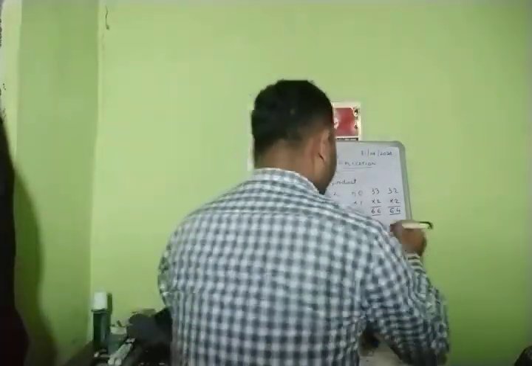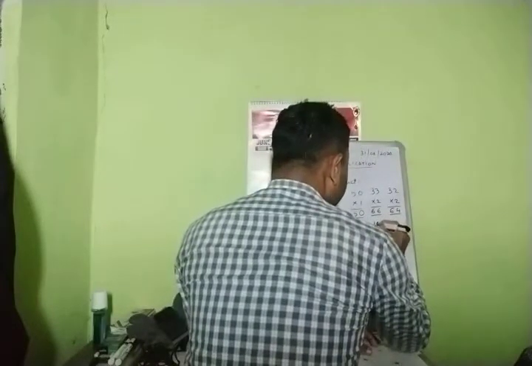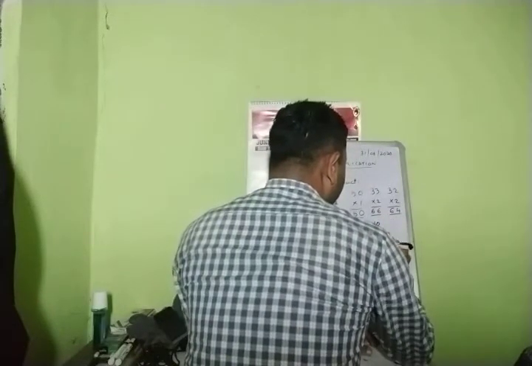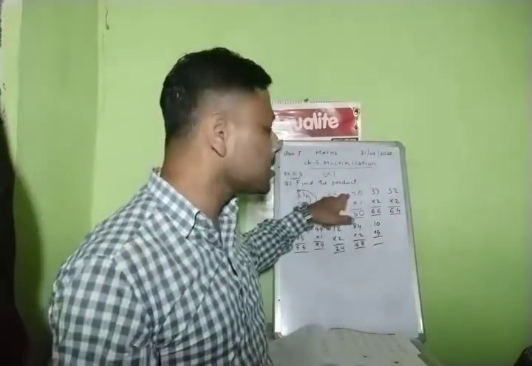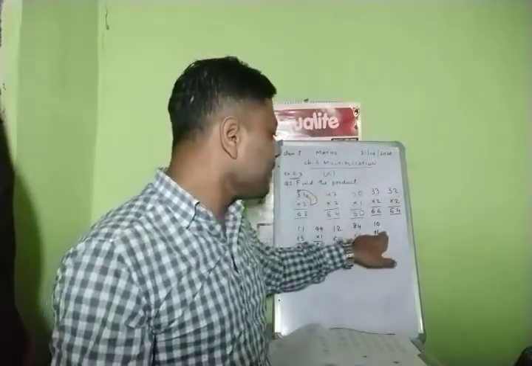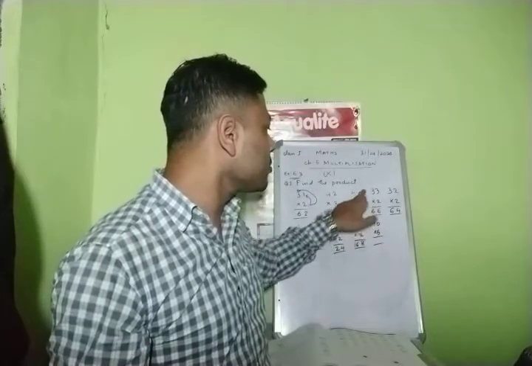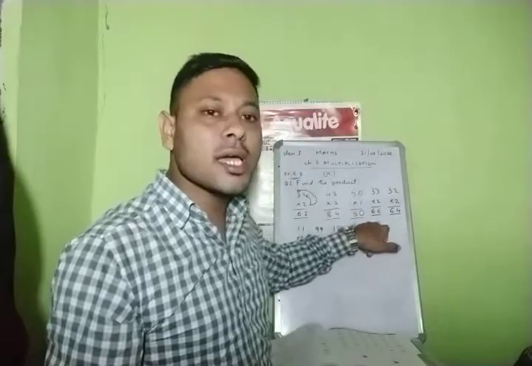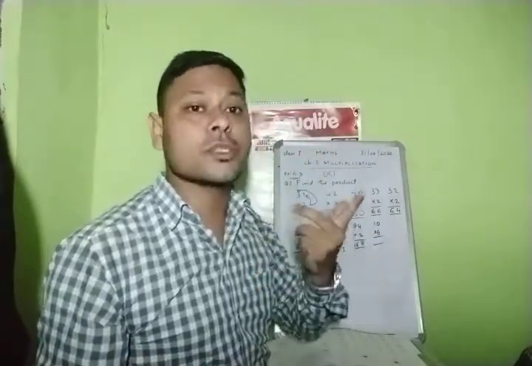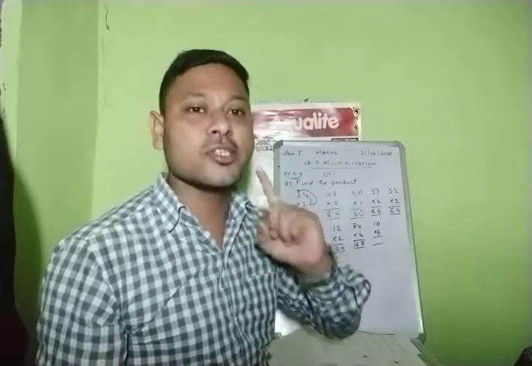Next question. 10 into 5. Now, see children, everyone, pay attention here. This is a different type of question. Same as this. Right? Now see. 5 into 0. When we did 1 into 0, what did we write there? 0. In the same way, 5 ones are 5. But 5 zeros are how much? 5 zeros are 0. Why?